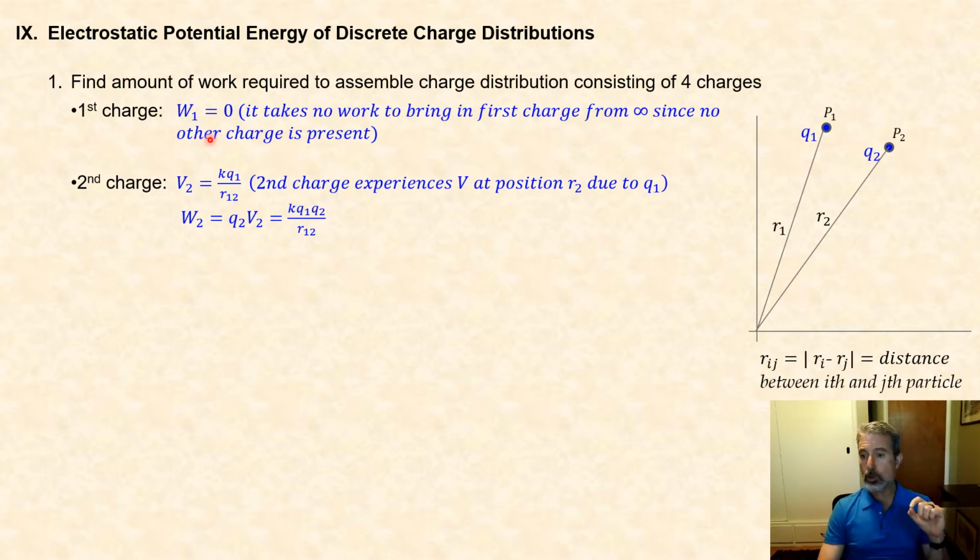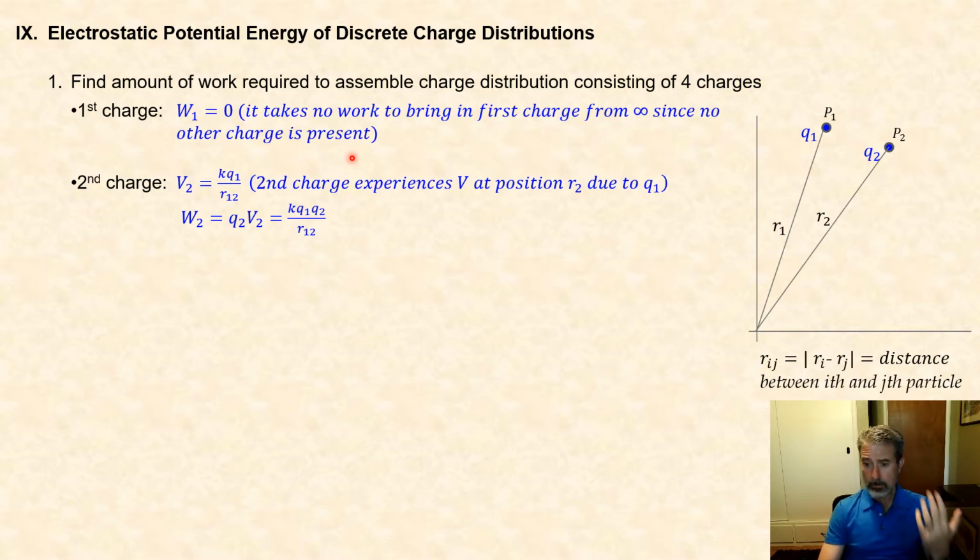So we must do an amount of work W2 to bring charge Q2 into that point, which is Q2 times V2, where remember V2 is the potential due to charge 1. Substituting, we know our expression for V2 here, multiply it by Q2,